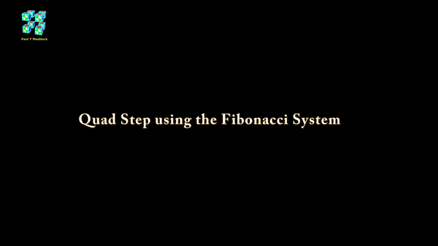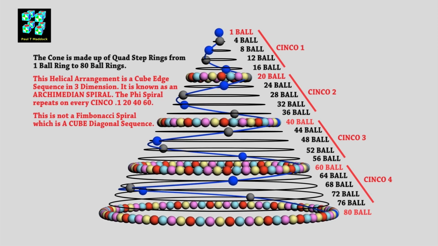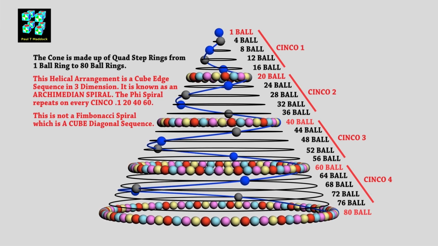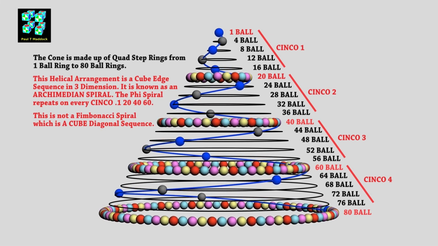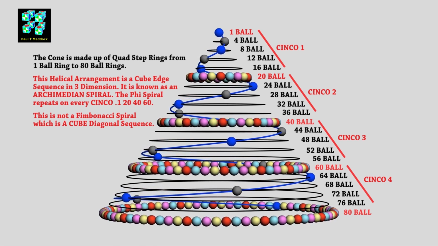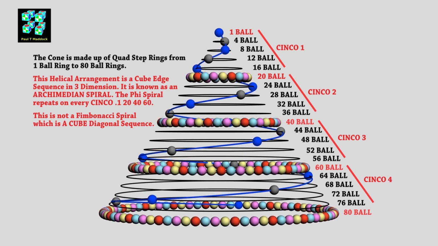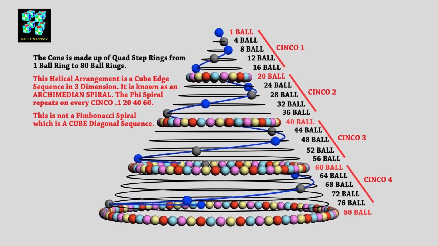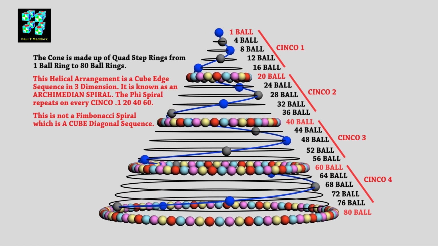I've got another video to show you, and I'm calling this Quad Step using the Fibonacci system. In my last video, I showed that quad step rings could make an excellent helical arrangement. It showed a perfect sequence from one ball to an 80-ball ring. And this arrangement of rings is in a sequence that could produce a perfect Archimedean spiral, and the spiral would